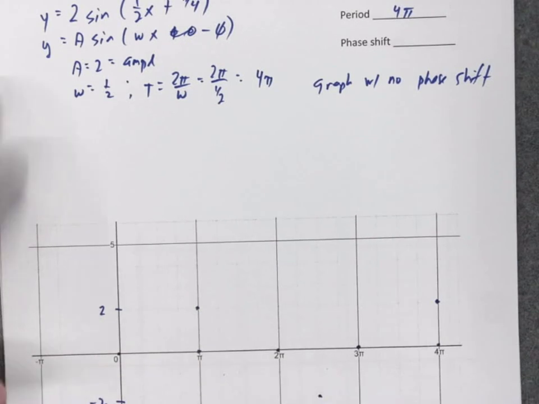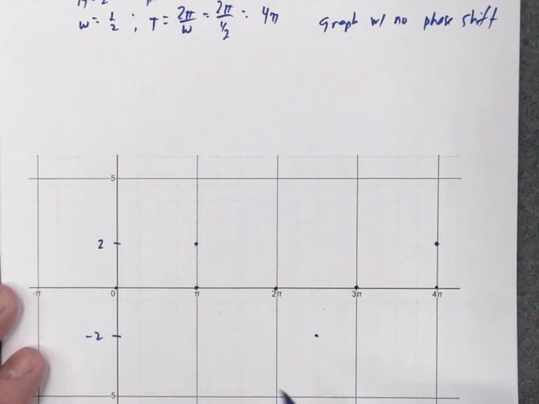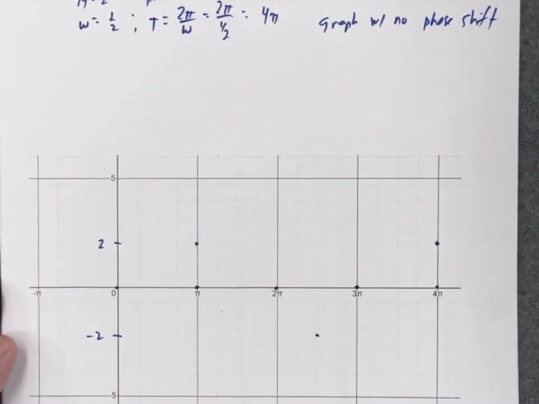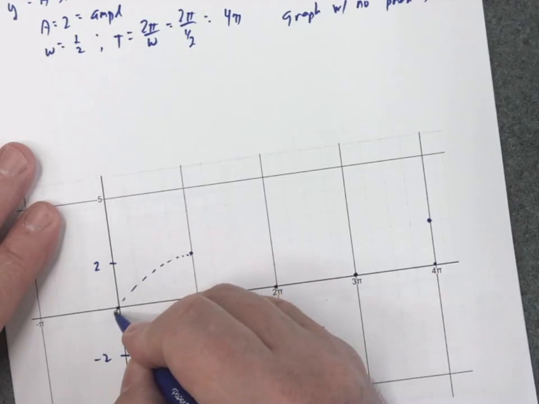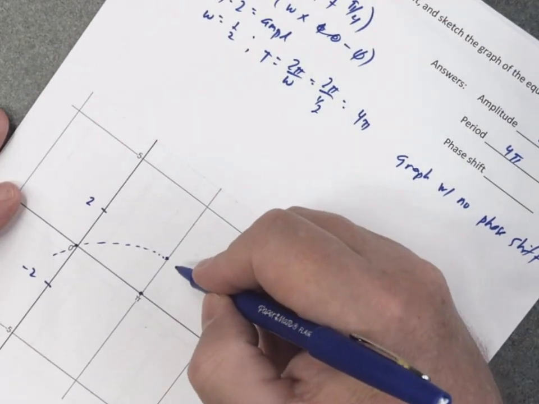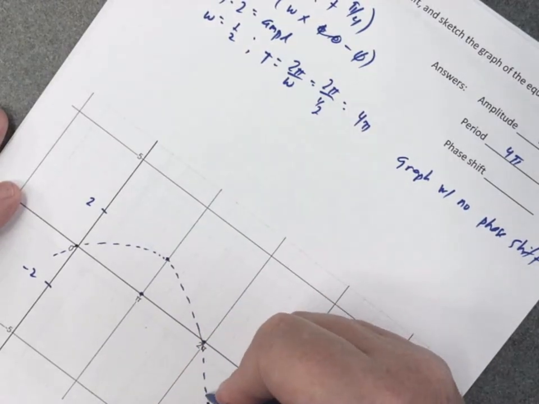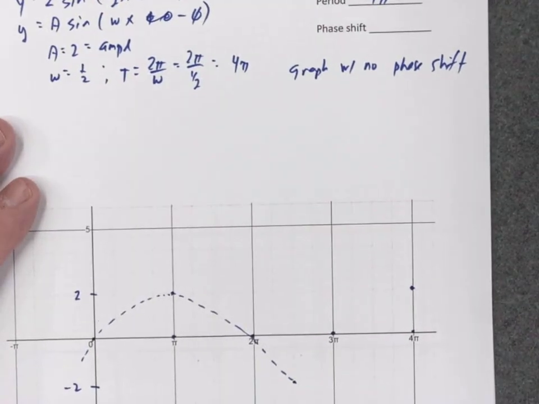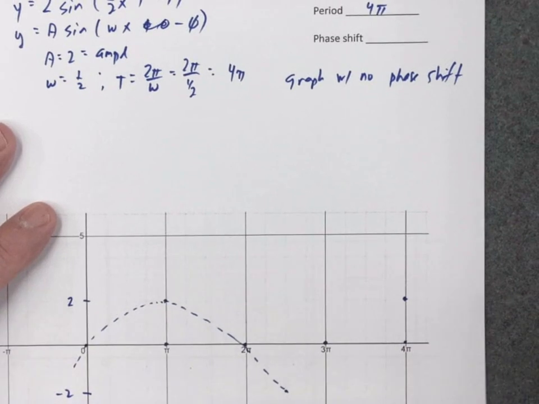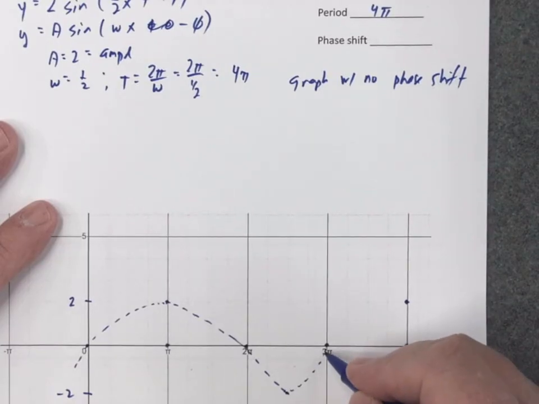So what I'm going to do, I'm going to sketch this graph, although you'll notice I'm going to sketch it with a dashed line, because this is not going to be the final answer. This is not the final graph. This is like an intermediate graph. So this isn't going to be the best looking graph, but